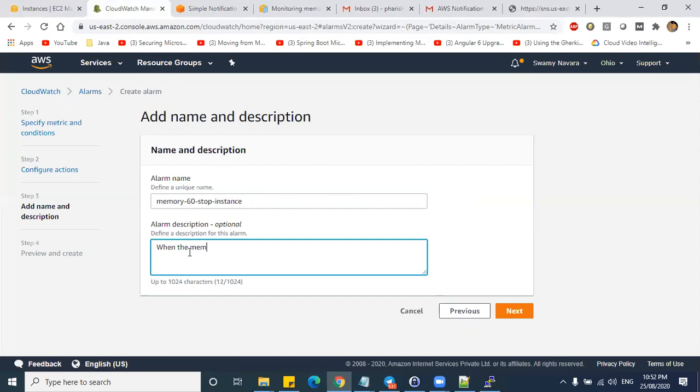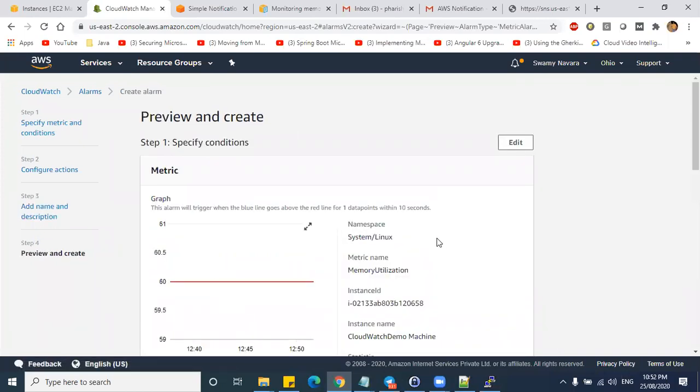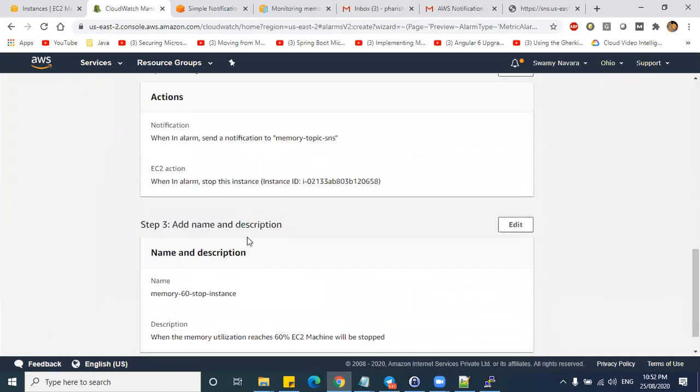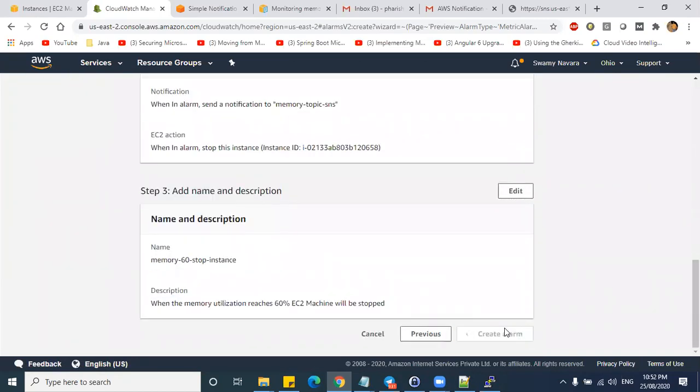When the memory utilization reaches 60%, okay. So finally, you can verify what we have configured, and create the alarm.